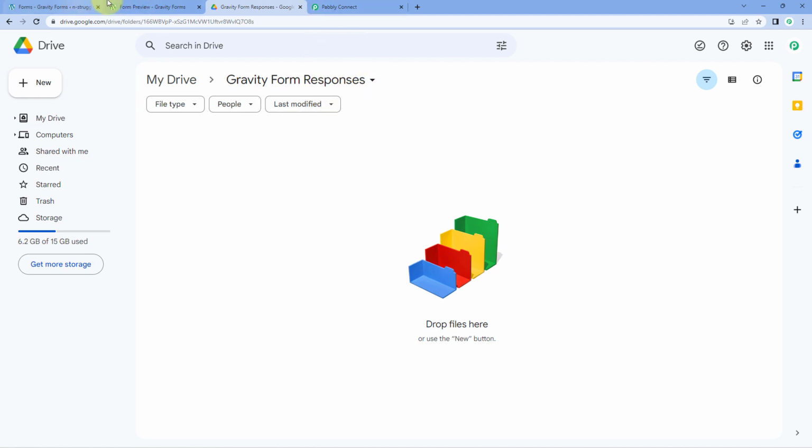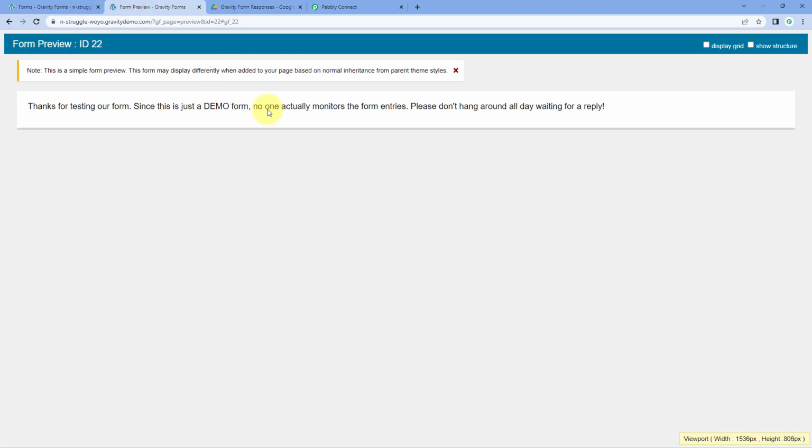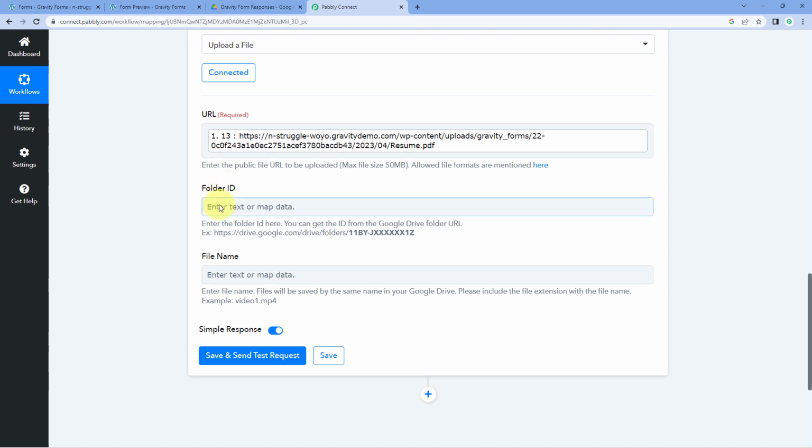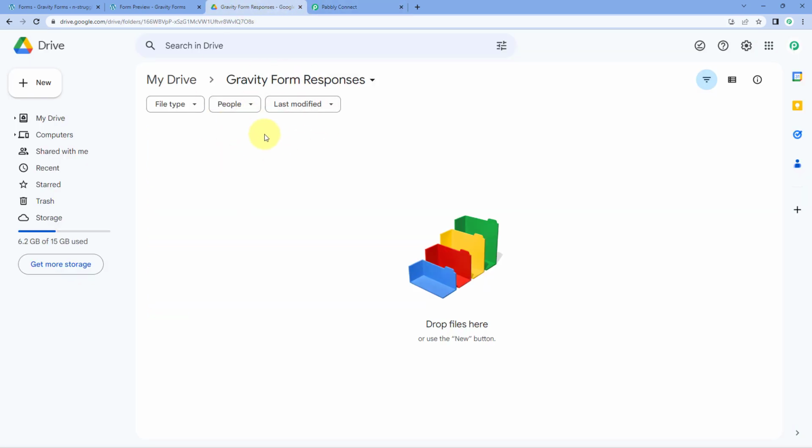And I want that whenever a new form submission is received, the file from that form submission should be uploaded in this particular folder. So we have to enter the folder ID of this folder over here. Now here you must be thinking how you will get this folder ID. Now to get it, just open the folder in your Google Drive account and after opening it, here in the